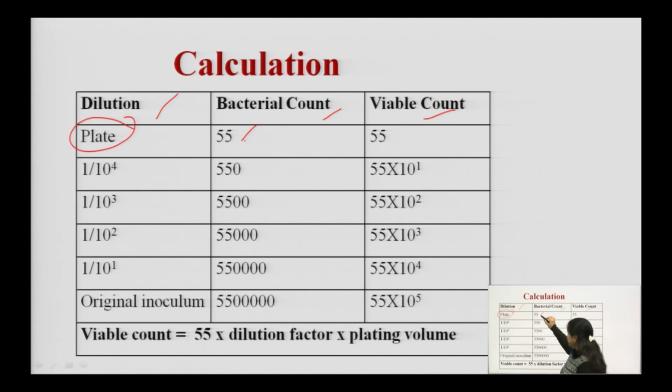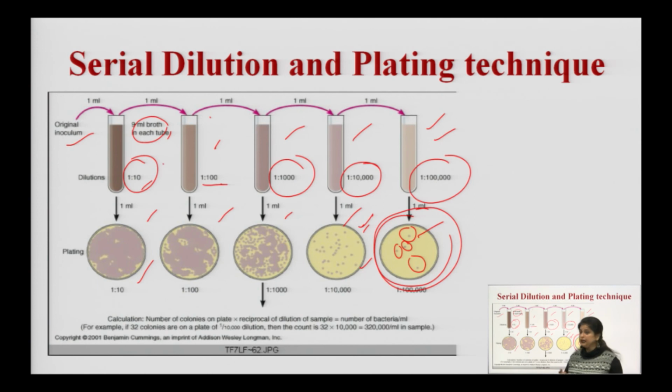So that plate contains, if I found out experimentally, 55 bacteria. Now what will happen? That count will give us, we have to go for the back calculation to find out what was the number of bacteria in the original inoculum. As in this slide, this plate contains suppose 55 colonies, but what I need to find is the number of bacteria within the original inoculum which I took in the starting.